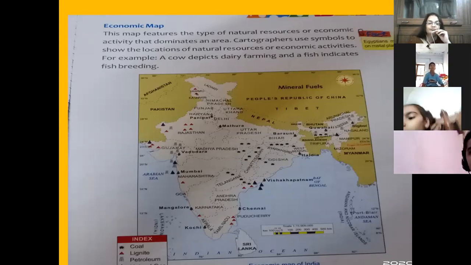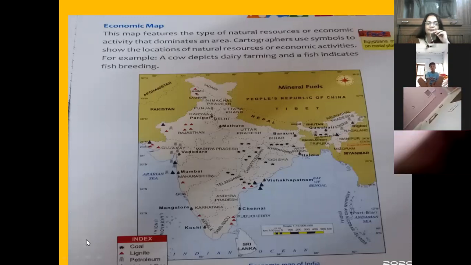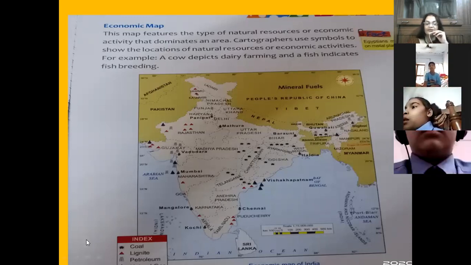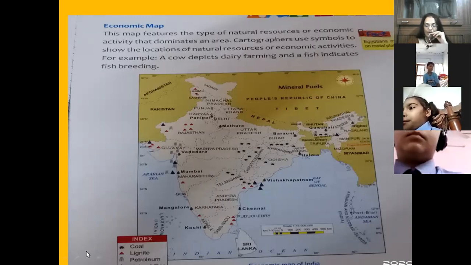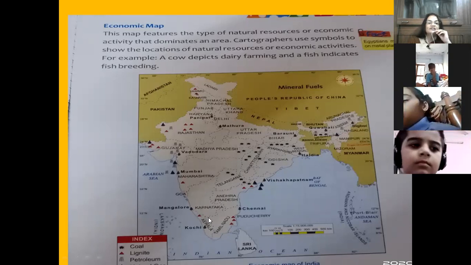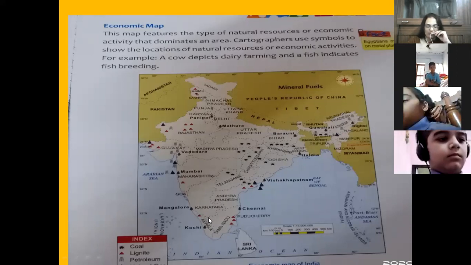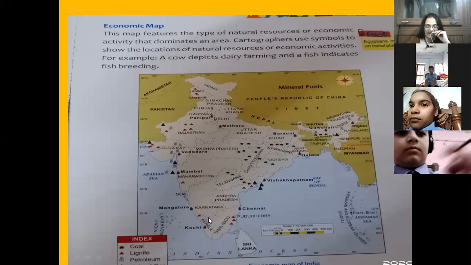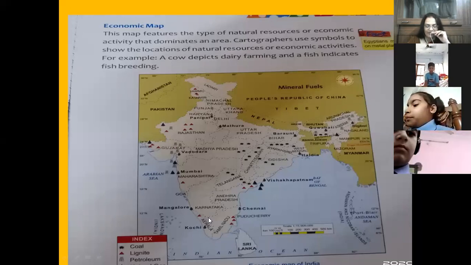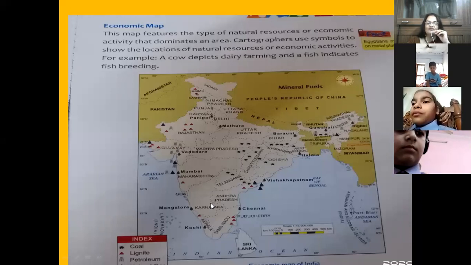Now, yes, petroleum. You can see a symbol is used. In the corner, you can see different symbols are used to show things on the map. For petrol, small boxes are used. Natural gas is also given a triangle, a black-colored triangle. Refineries: refineries are where petrol is refined.